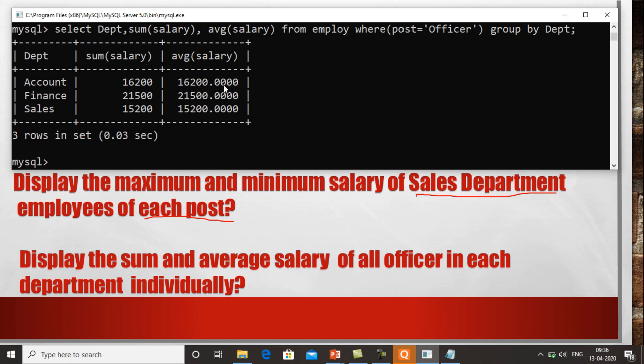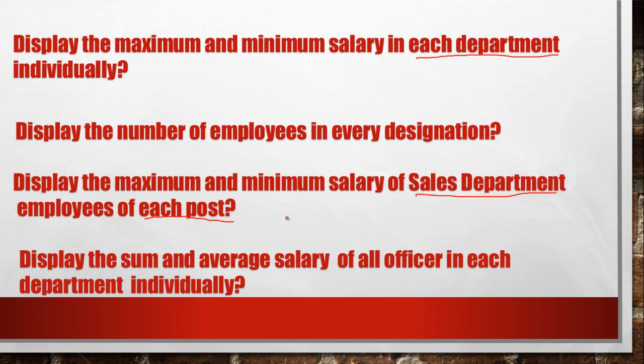Right now in our table there is one officer in accounts, one officer in finance, and one officer in sales. That's why it shows the same answer, because the average is the sum of salary divided by the number of salaries. So if the sum of salary is 16,200 and we divide by the number of records, that is 1, we get the answer as 16,200 only. So this is the answer.